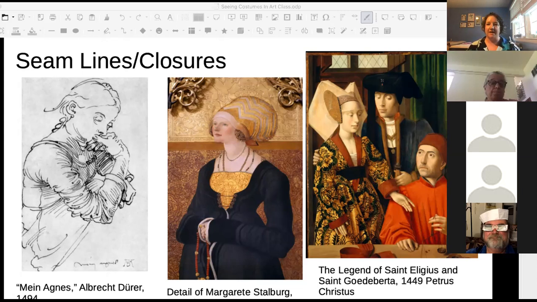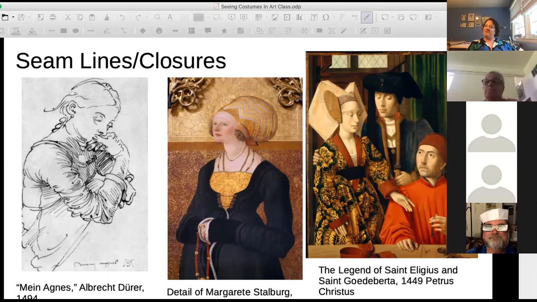So in Marguerite, you can see that there are fastenings down her front, which implies that it probably opens more, and that may be the way into the dress. Knowing about this time period, the Germans were really good at creative flap-over closures, where in the portraits you can't tell where they are. If you think of a lot of the famous Anna Cleves portraits, you can't necessarily tell where they are, but the closures and playing how do you get into this can help you figure out the